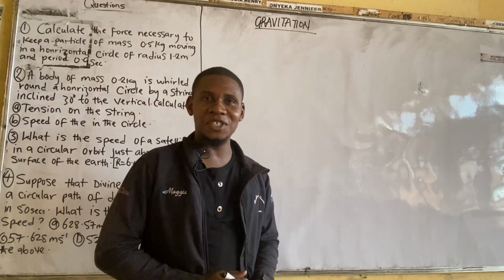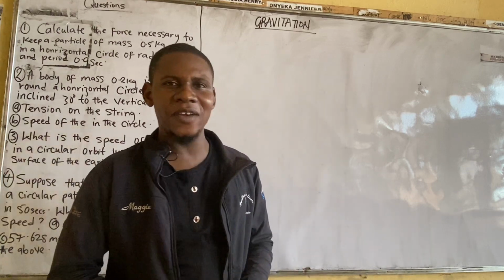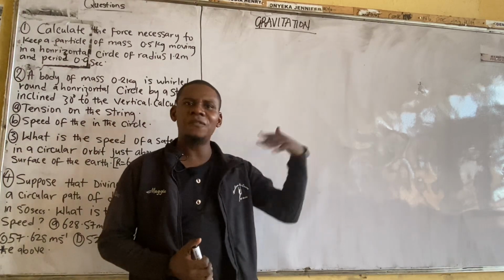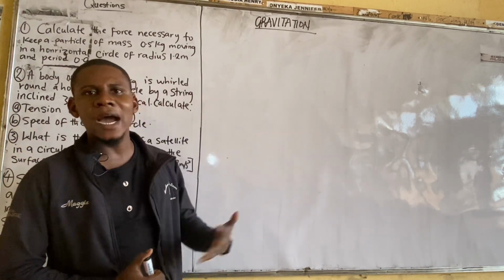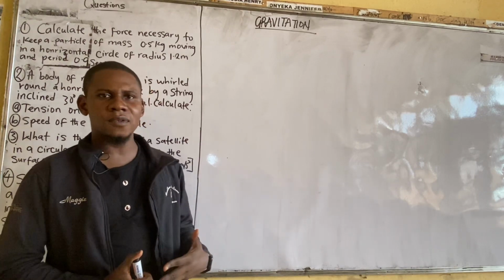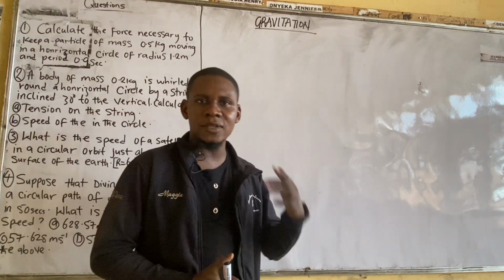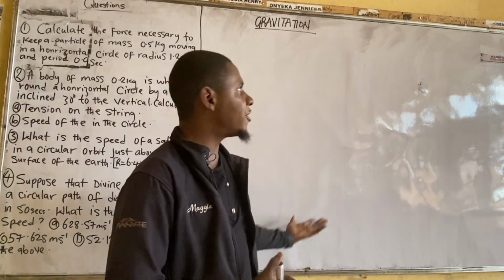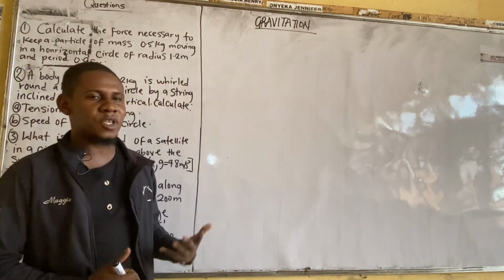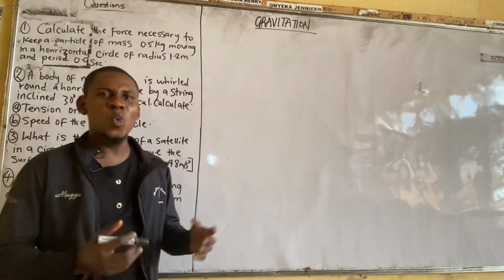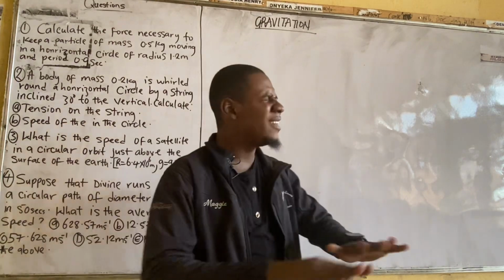I'll be taking gravitation. As at 1665, Isaac Newton noticed that when a body falls from a given height, there must be a force or something in nature that acts towards that body for it to react that way. And with time he was able to come up with what we call Newton's law of gravitation, which states that everybody in this universe